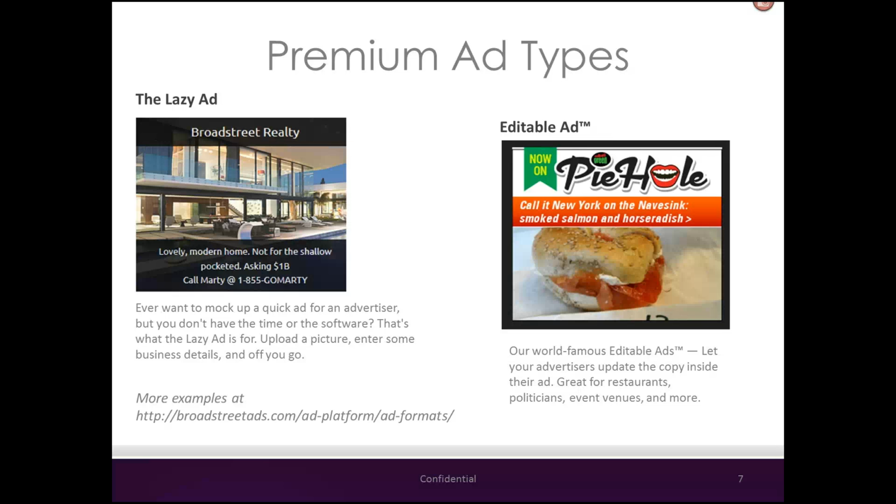Right. The editable ad was actually the first product that Broadstreet started out with. The concept of the editable ad is that if you think about advertising online right now, every ad is static. They don't really change. We wanted to change that. So the editable ad hooks up with an advertiser's Facebook or Twitter account, and it can pull in posts from their Facebook page. So in this particular case, Red Bank Green's Pie Hole, they have a post on Facebook that says, "Call it New Yorker" on the Navesink, smoked salmon and horseradish, obviously, and they posted a picture of a bagel alongside that. So the editable ad system actually pulled in